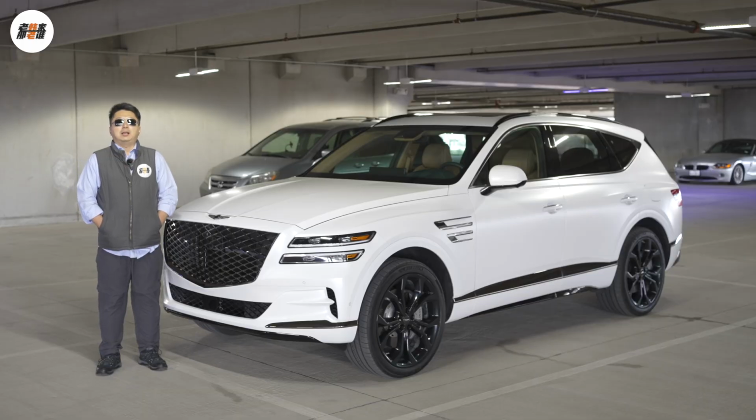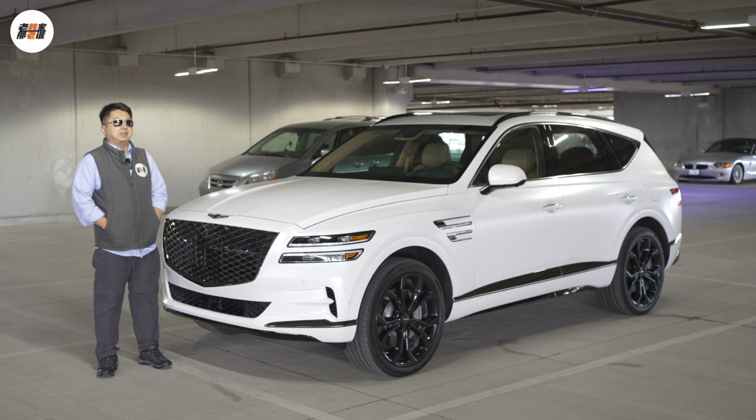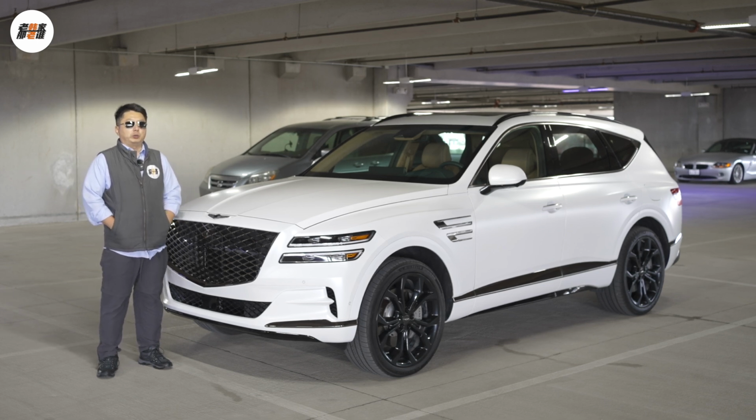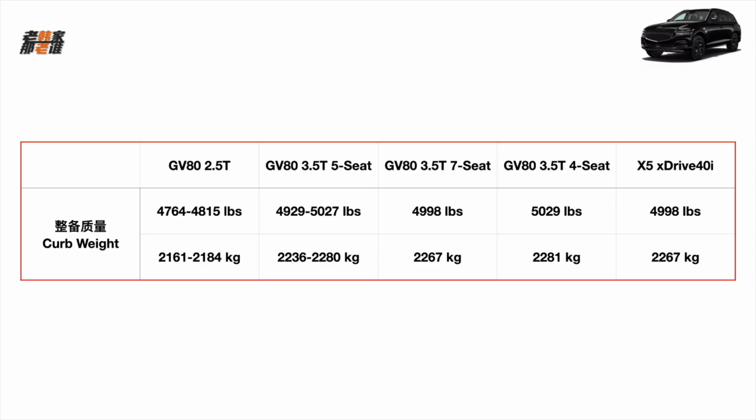On the dynamic parameters, if compared to the BMW X5 3.0-liter model, we can see the data for the 3.5-liter engine is basically the same as the X5 straight 6. M3 platform is the lightweight platform of the Hyundai family. This GV80, on the main components of the body including frame, hood, door and tailgate, are all made of aluminum material. On the table of curb weight, I also put the four-wheel drive of the X5 3.0 model together